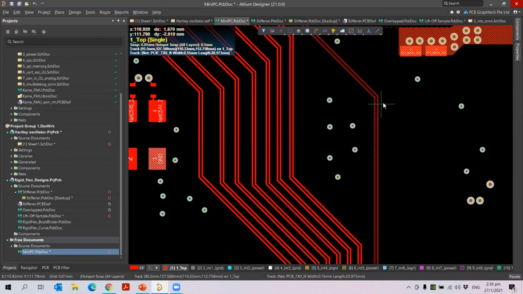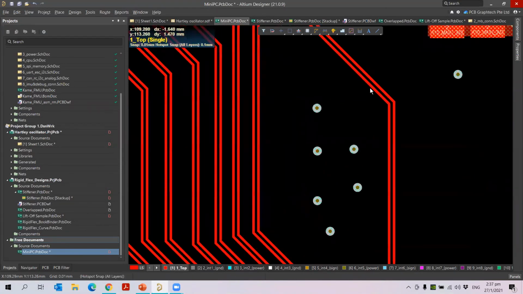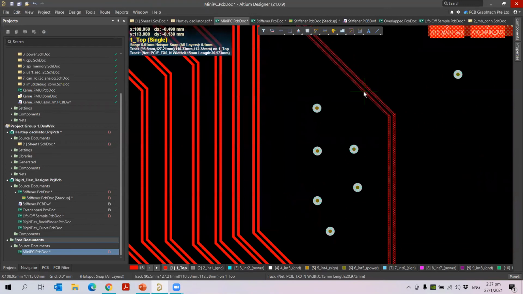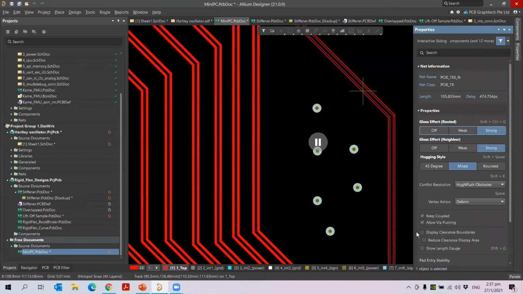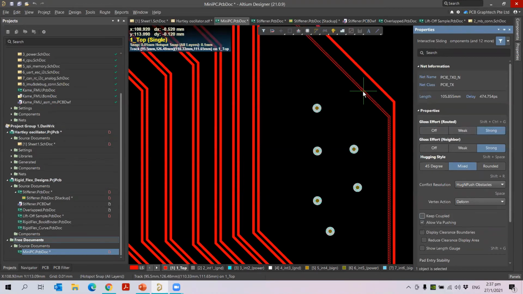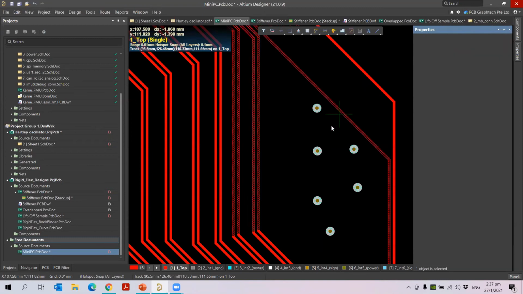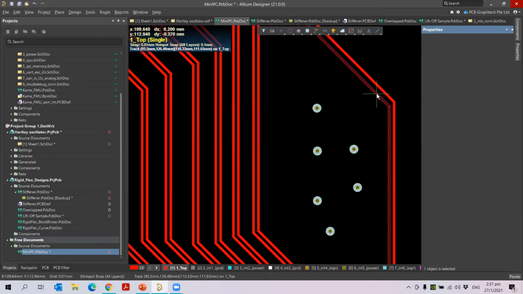You can do this here, but when you're doing it, please remember if you want to do it with a single net, not the dual net, you can press the Tab. You see here it says keep coupled, but I want to do it only for one differential pair net, not the other net. At that time you can uncheck here. So uncheck, and then press the pass button. You see it will automatically bring only one net from it.